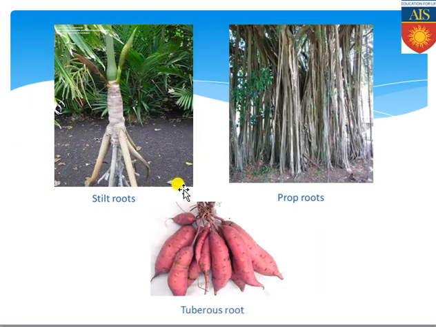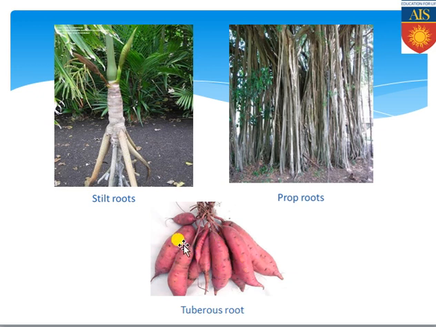So you can see the figure properly. These are the stilt roots. These are the roots which are actually arising from the lower nodes of the stem and get projected in every direction, helping the plant body to stand erect. These are the prop roots. These roots are arising from the branches and coming downward and penetrating the soil, and they are responsible for providing support to the entire plant body as well as for maintaining the body weight.